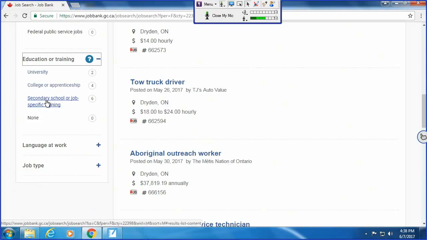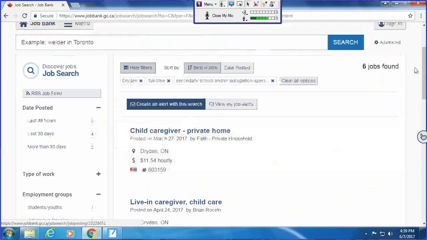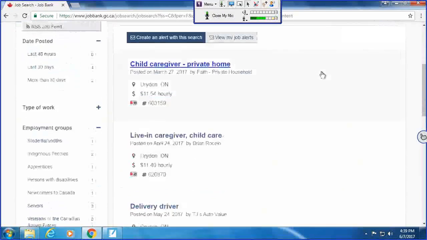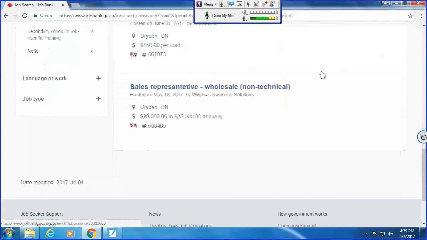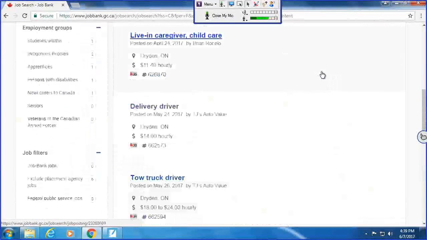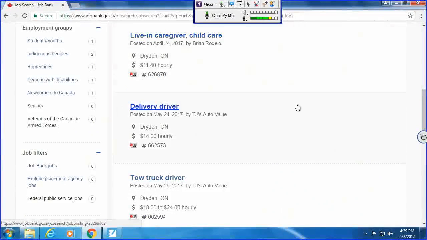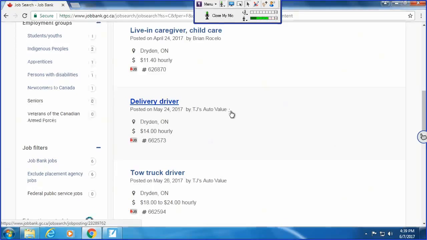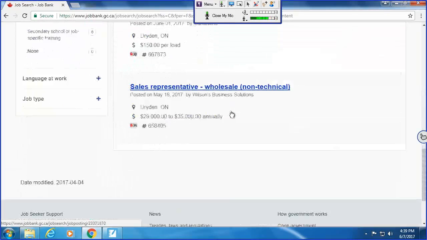So maybe you're someone that has either finished high school or maybe you've had some job training. Click on it. So now you have 6 jobs to sort through, right? So you can tailor this to what you think you have to offer, right? So you're someone who's able to go to Dryden, who's looking for full-time work, who has either finished high school or who has some job-specific training to offer.